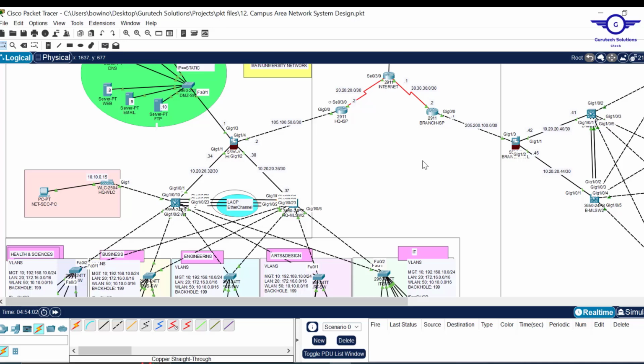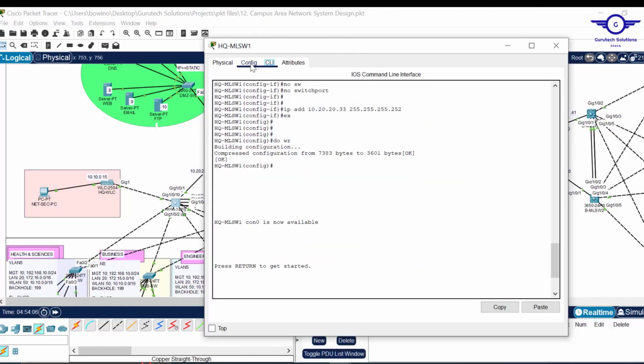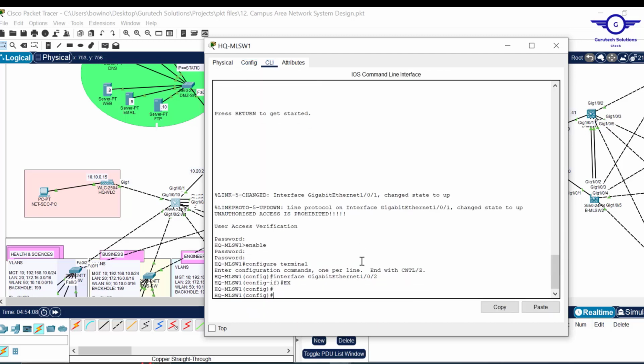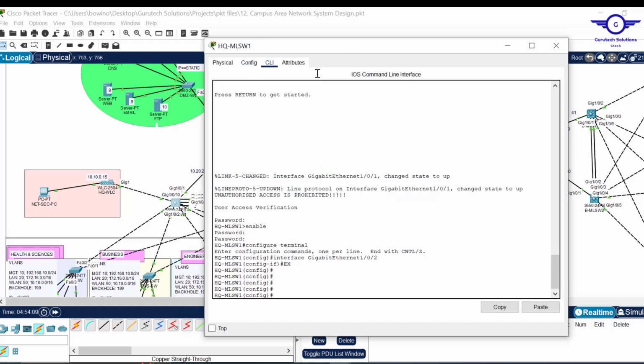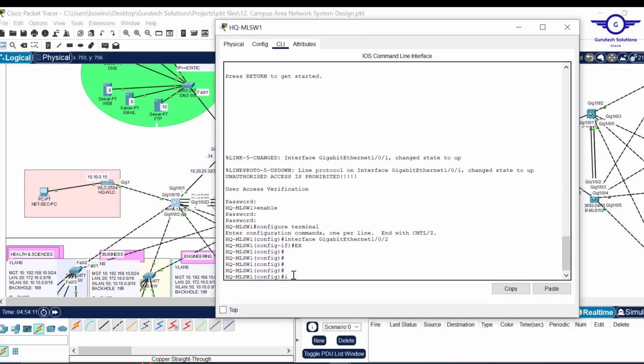Let me just show you this one. Very simple actually. On this side we had how many VLANs? 3 VLANs. So we just create 3 SVIs. Interface VLAN 10